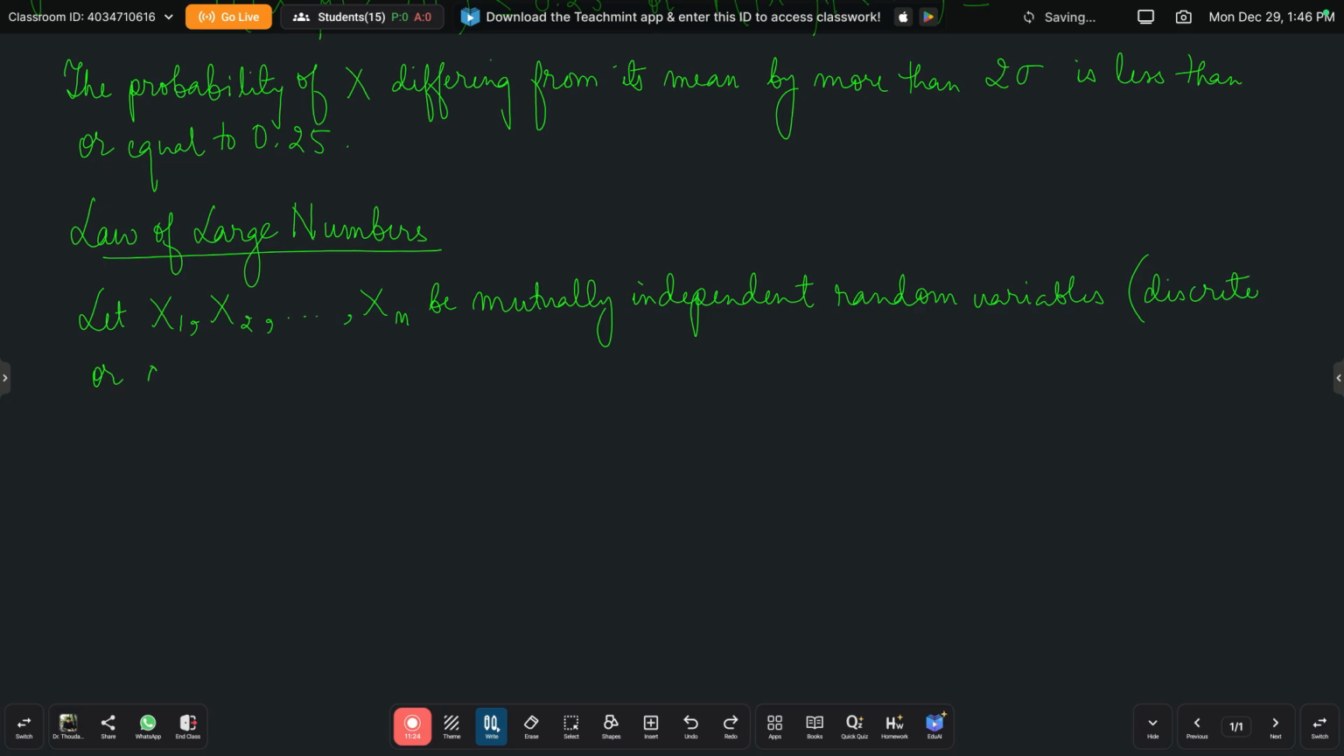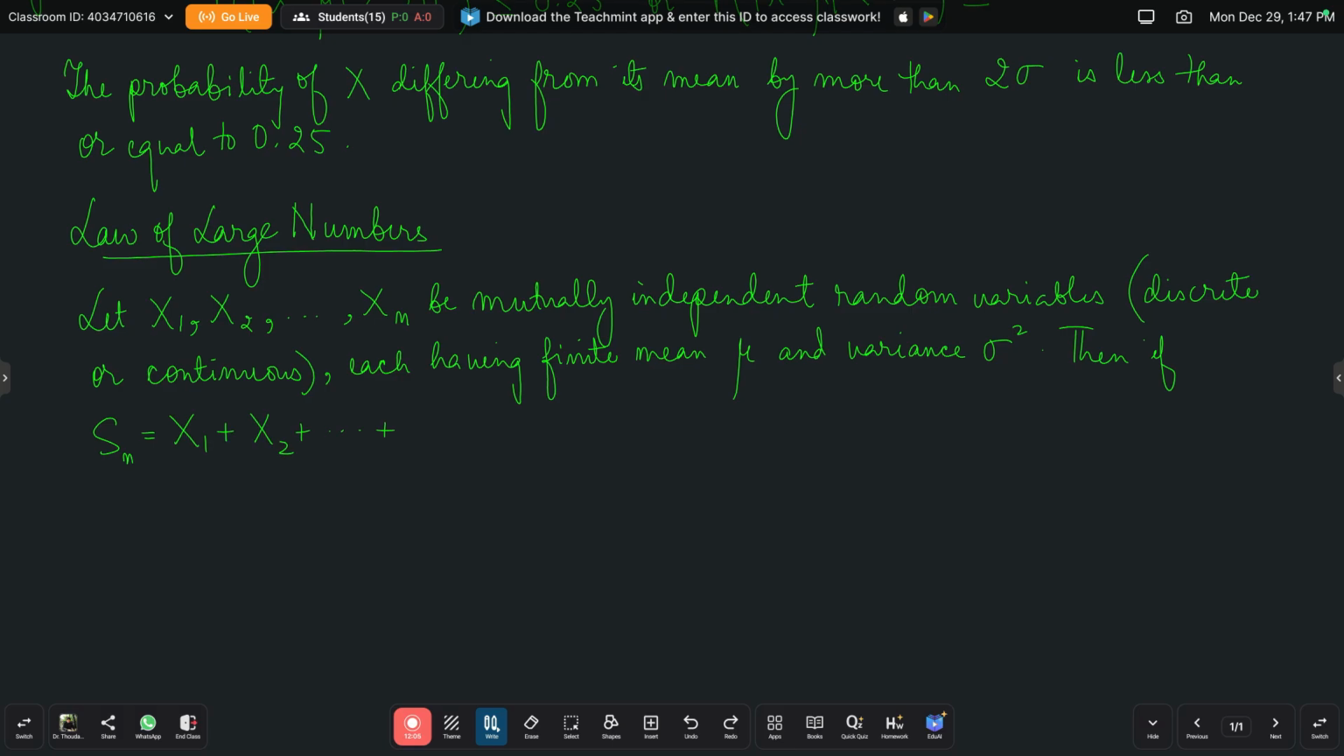each having finite mean mu and variance sigma square. Then, if Sn is the sum of the random variables x1, x2 up to xn, and n tends to infinity,